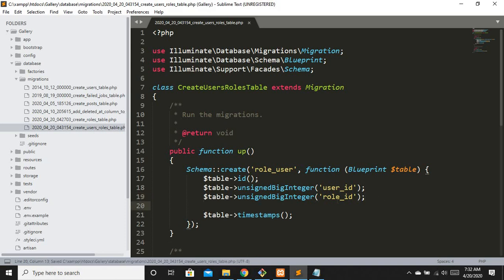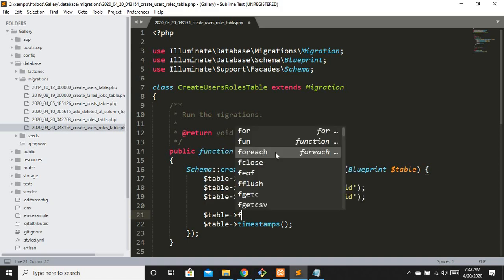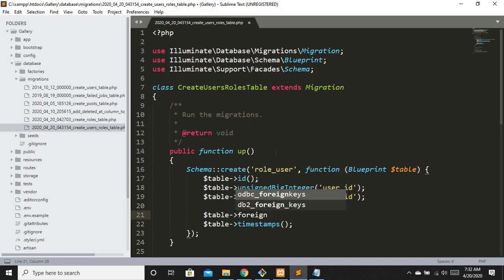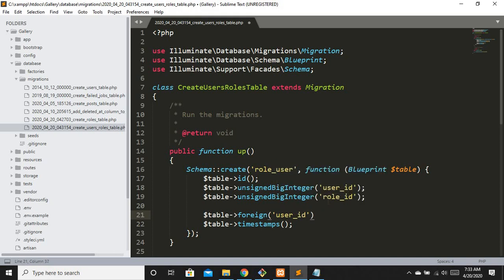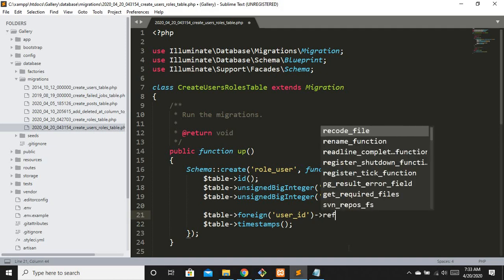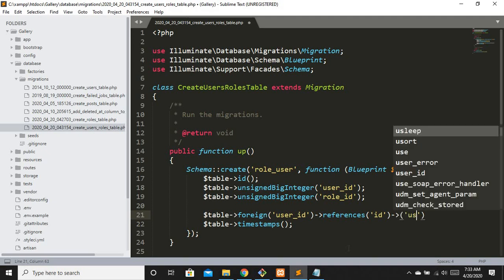Now we have to define that this is our foreign key and it is representing the user table primary key. How are we going to do that? It is simple: $table->foreign, and the name of the column is user_id. Basically we are defining that this column is a foreign key, and it is referencing, references id on a specific table, in this case the users table.